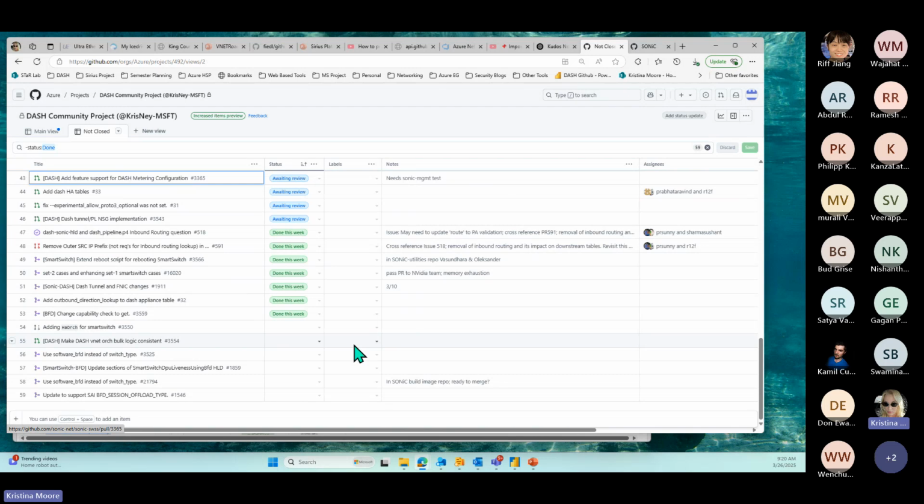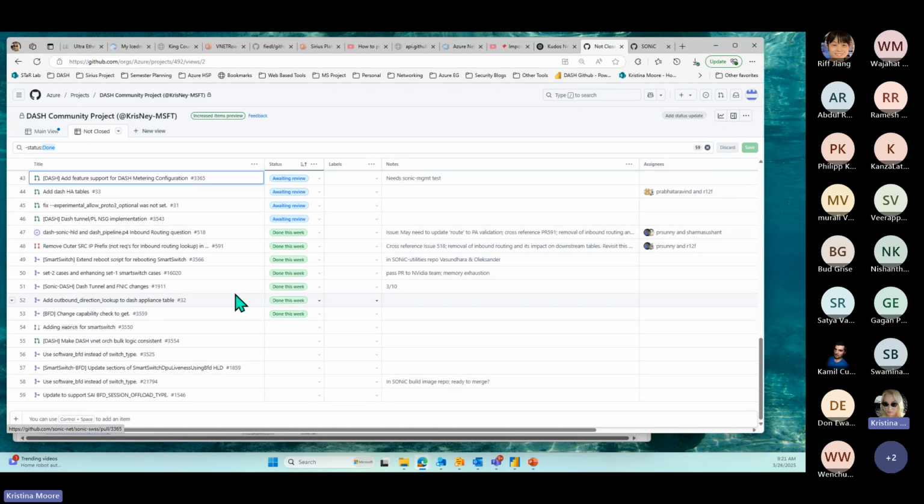So that's good. I did have a couple where way back, maybe 7 months ago, I was trying to fix the inbound routing, but because we had a question on whether we needed something in our documentation, I think Riff had mentioned it would affect all the downstream tables. Riff and Marian mentioned that to me. So I just closed those because I know we've had more subsequent inbound routing updates lately. So it's been a big topic of discussion.